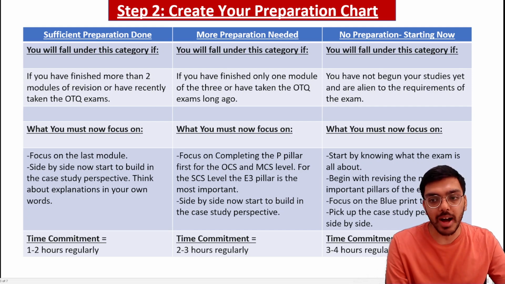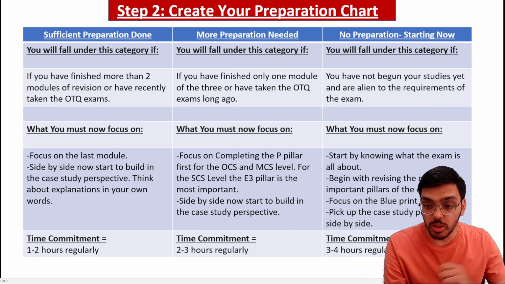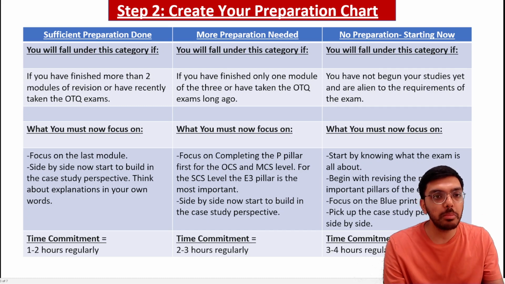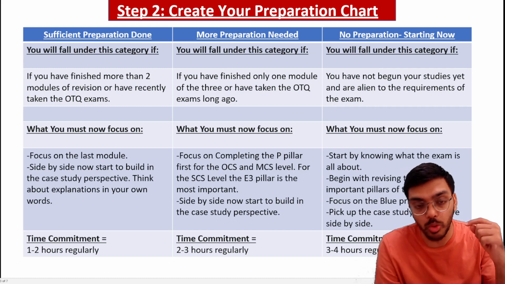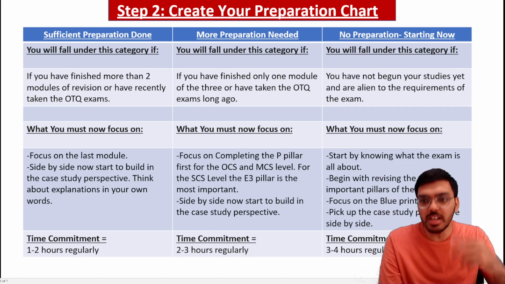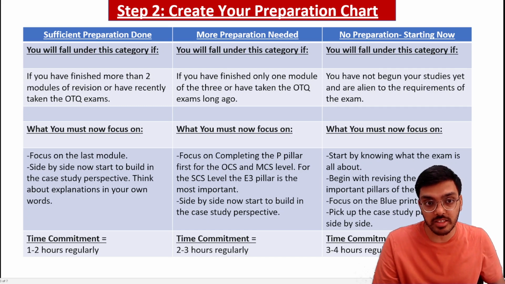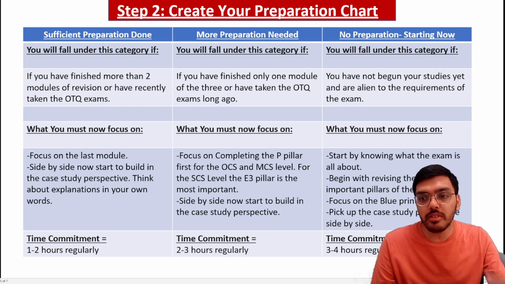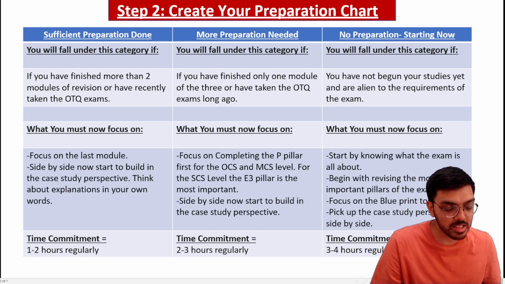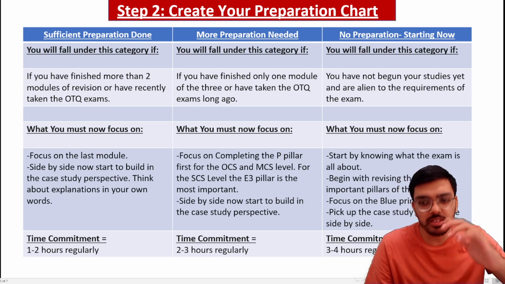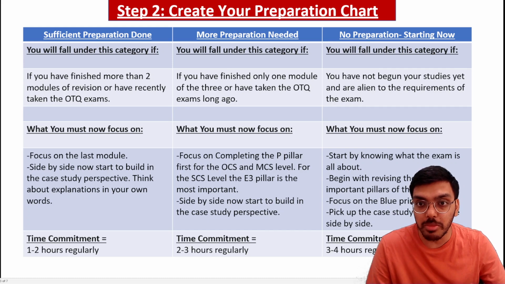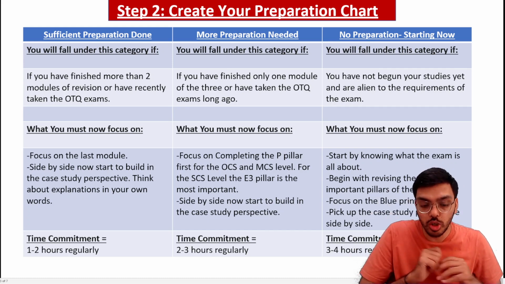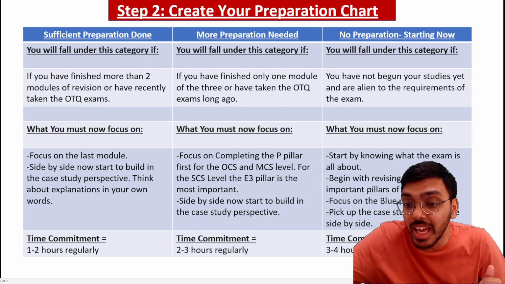So if you have recently passed the E3, P3 and F3 exams and then you are coming to the case study, you're in the sufficient prep done category because you've done the theory work by taking those exams. If you're a student that's coming to the exemptions route, through the FLP route, or any other exemptions route where you are directly taking the case study exam, and you've started your revision and you finished 2 modules, which means let's say E2, E pillar and P pillar is completed in terms of revision, then you are in the sufficient prep done category